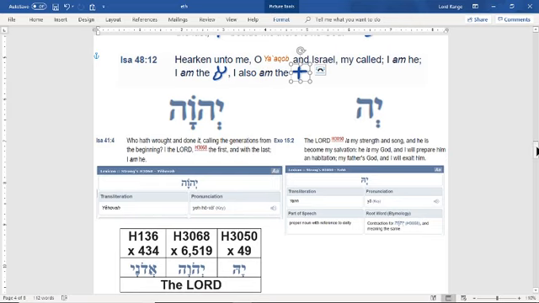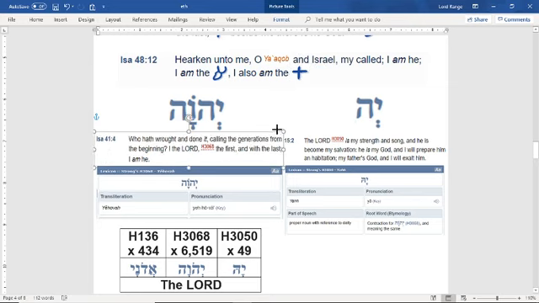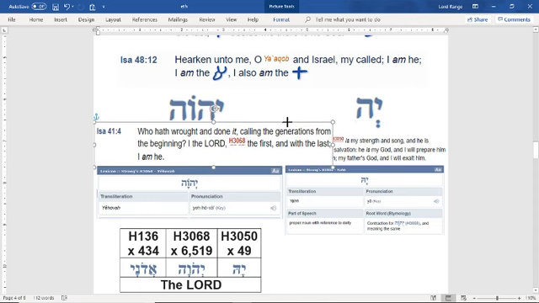Now, basically what we're going to focus on, because we have a new name, which is this Jehovah, is to figure out the meaning of Jehovah. The first thing I want to show you again is that if you look up Jehovah like we did in Isaiah 41 and 4, as you can see, just like in the last lesson, that word God used to replace several different names with several different meanings. We kind of have the same issue with this word, the Lord. Because as you can see here, the Lord here comes from the Hebrew reference number 3068.